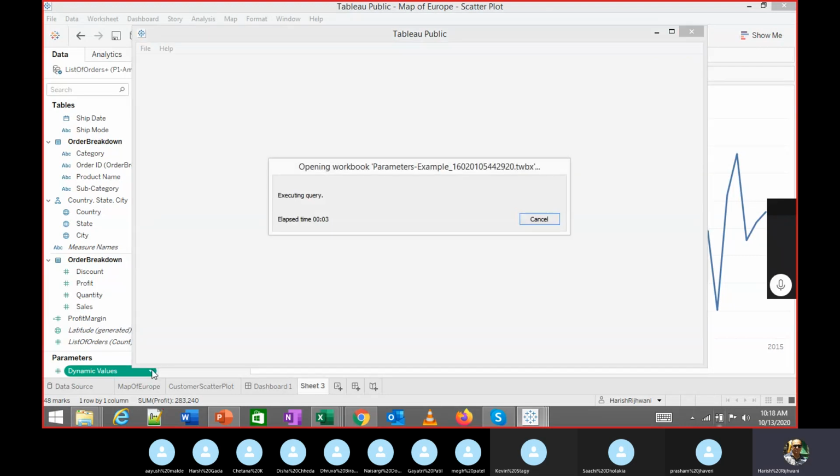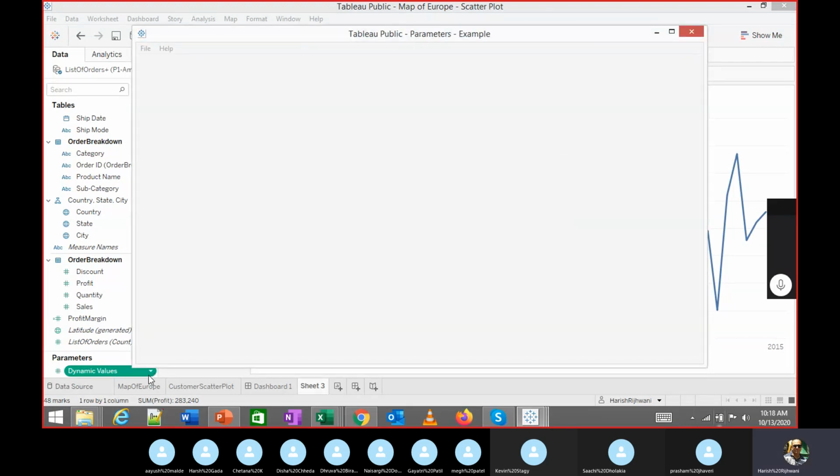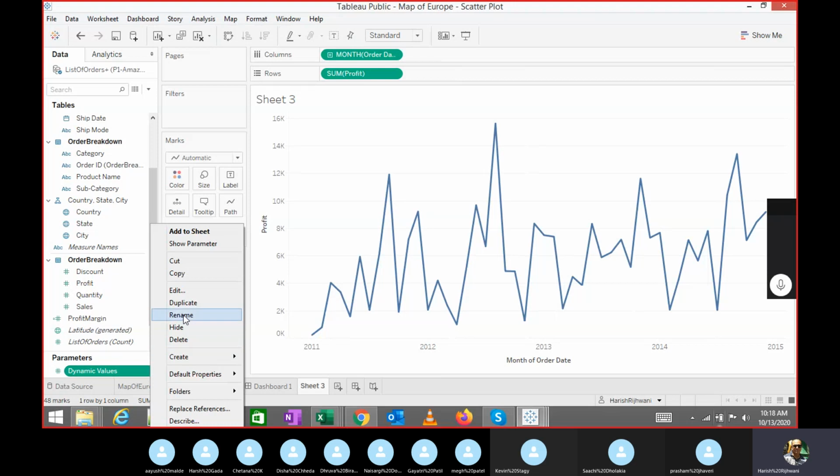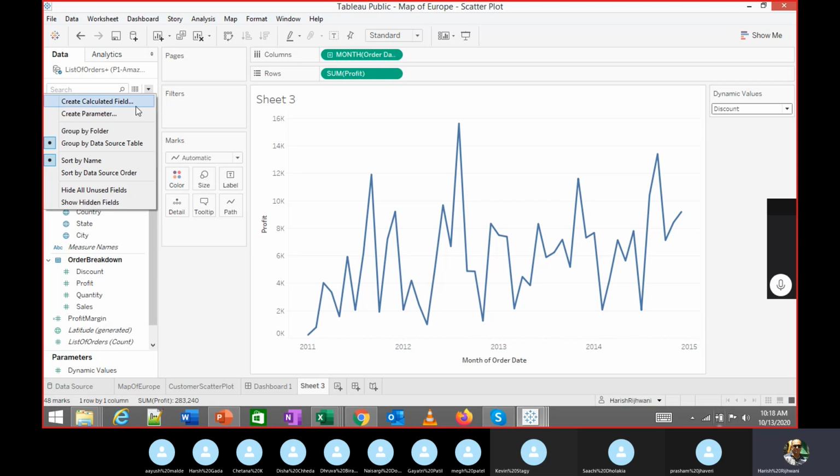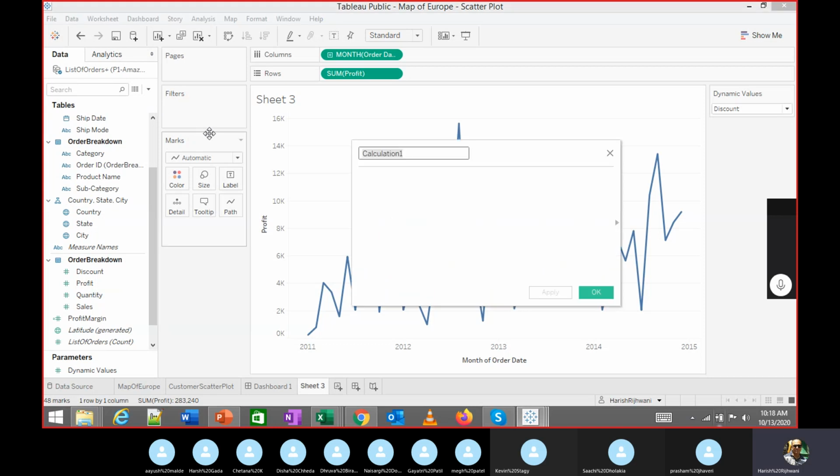So if I click on show parameter, you will see this control. See, for one we had shown discount, two we had shown profit, four we had shown sales, like this. But nothing is happening over here, right? What we need to do is create another calculated field. We're going to call it values,